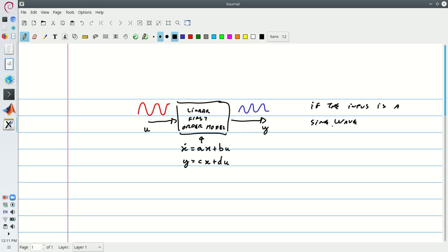If the input is a sine wave, the output is a sine wave, or looks very similar to a sine wave,